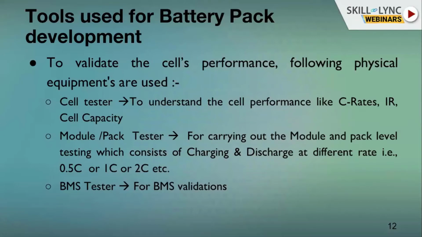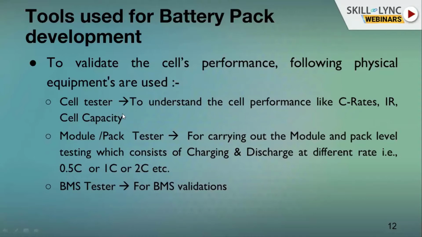and discharge rate. Then internal resistance. Internal resistance is something the cell has, the resistance to allowing current. IR also keeps changing with the SOC as the cell is getting charged or discharged. So it's very important to understand the IR, and the temperature of the cell depends on the IR. The higher the IR, the higher the heat generation.